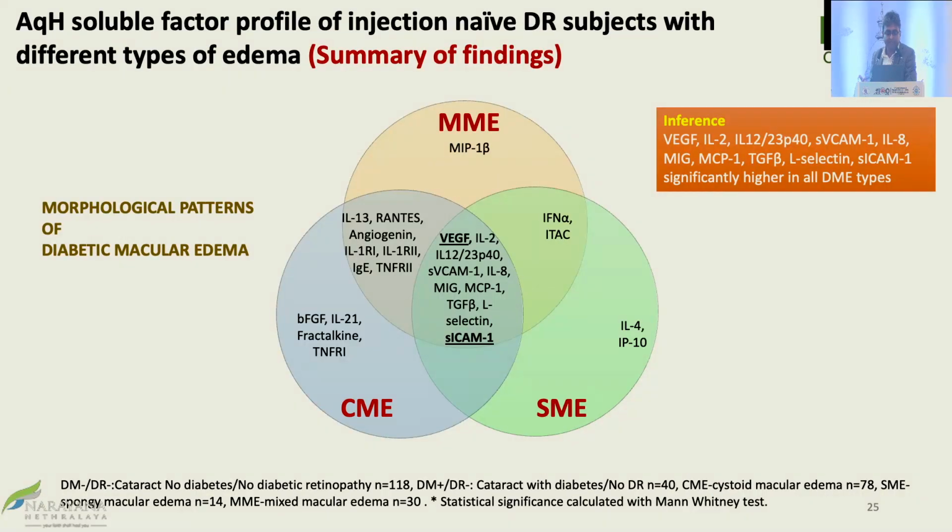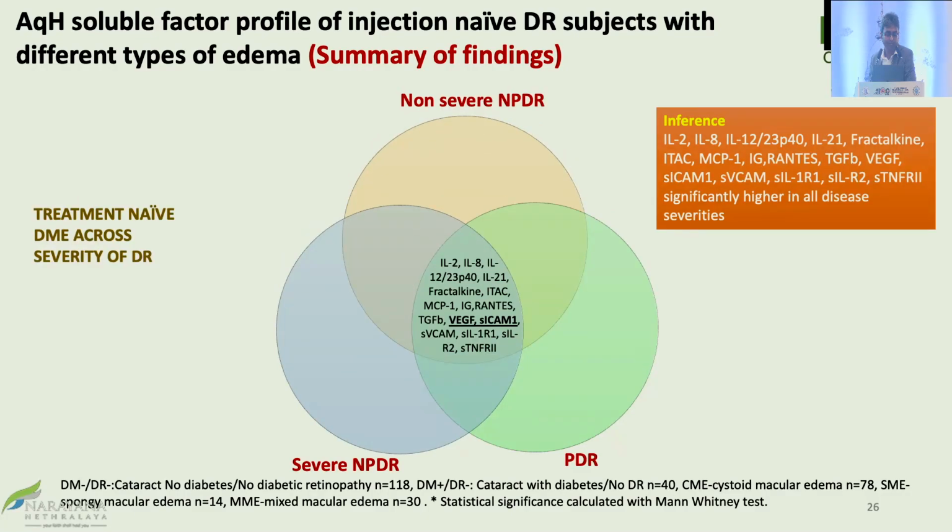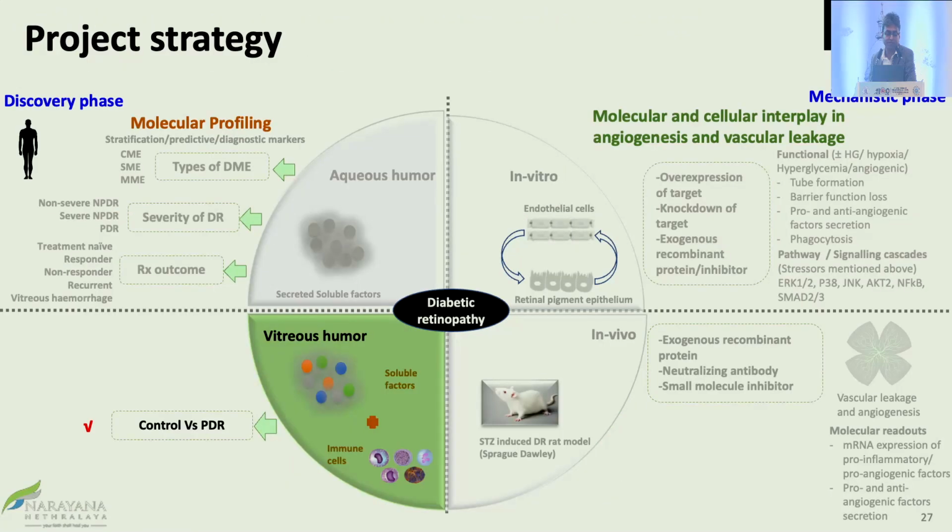And if you look at different types of macular edema, you can see the various factors are there, but these are a little difficult to interpret and come to a conclusion because statistical analysis is not very easy. There are multiple factors involved. So we can publish a paper saying that these are so and so, but to have a statistical analysis, it's extremely important to have large data. This is again across severity of diabetic retinopathy: non-severe DR, severe DR, and PDR. You can see the complex interplay of these factors again.